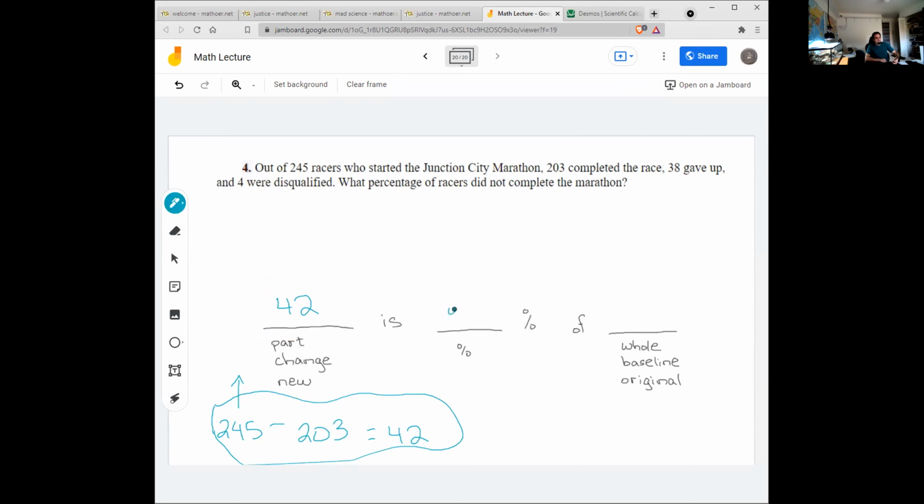Okay, the percent it doesn't give us. And then the whole amount is the 245. Okay, I'm going to stop recording for now. If you want me to go over